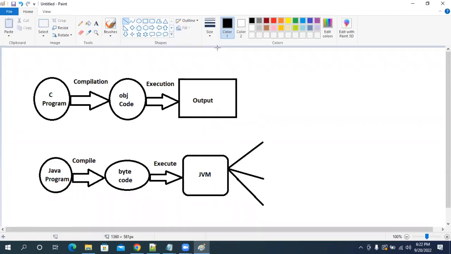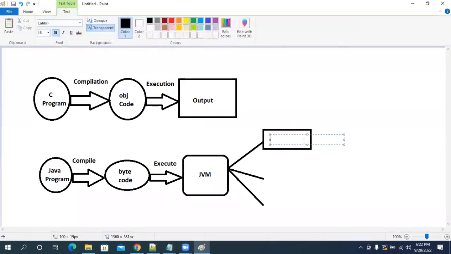So that means, can I run the Java program in any machine? Actually, I am asking the JVM to run the Java program. We are not running the Java program. We are telling the JVM, please run my program.